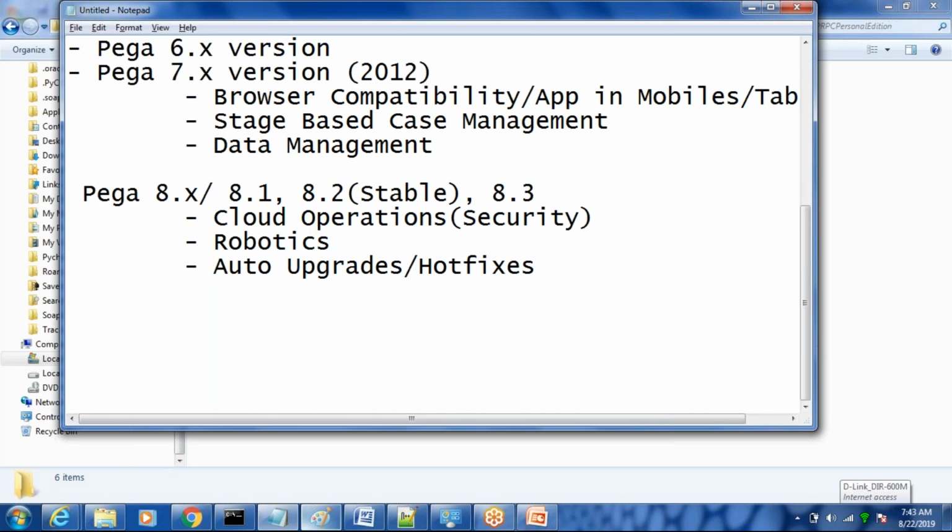The personal edition we are using brings the Tomcat server. It supports even WebSphere, WebLogic, JBoss, all those things.